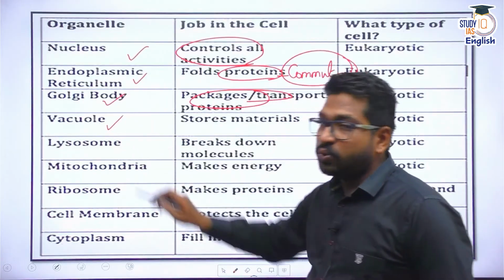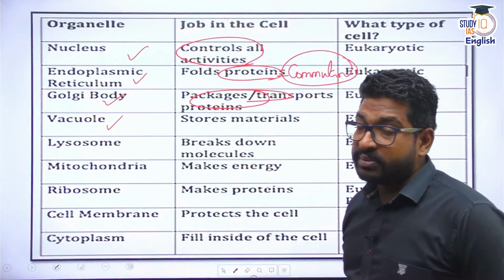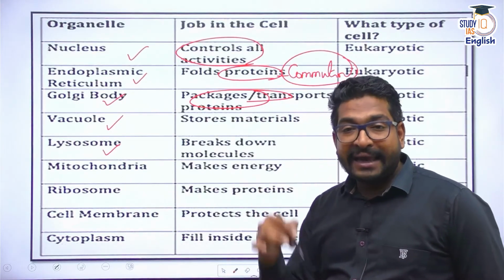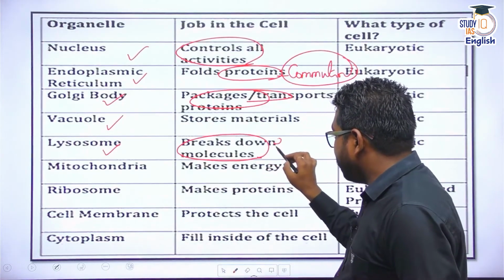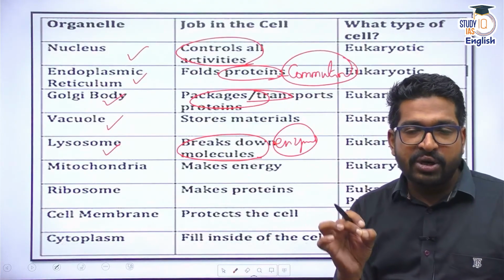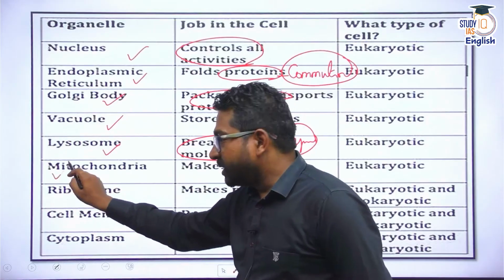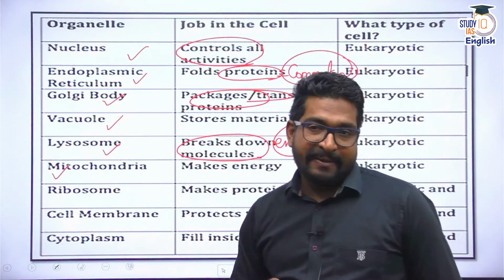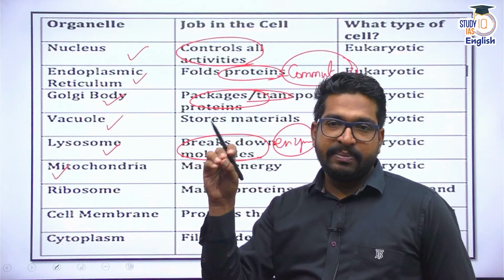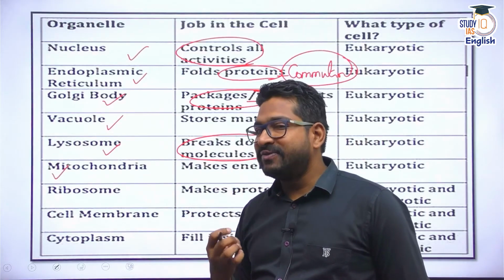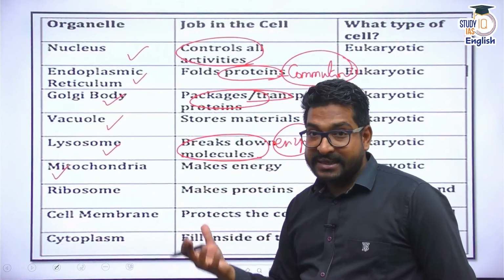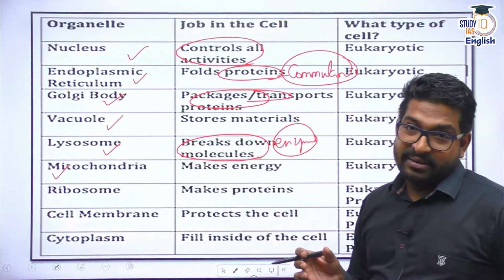I already told you about vacuoles. Vacuoles are storage materials. There are also organelles called lysosomes. These lysosomes are the waste disposal system of the body. They help in breaking down molecules. They produce enzymes which help in digestion. Apart from that, there is one very important organelle of any cell called mitochondria, which is the powerhouse of the cell. In mitochondria, cellular respiration takes place. It uses the basic nutrients that we eat and oxidizes them. We use oxygen and those nutrients to produce energy and carbon dioxide. This cycle happens in mitochondria.